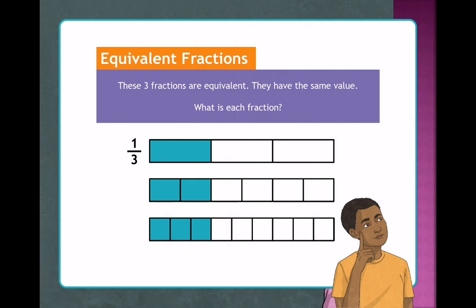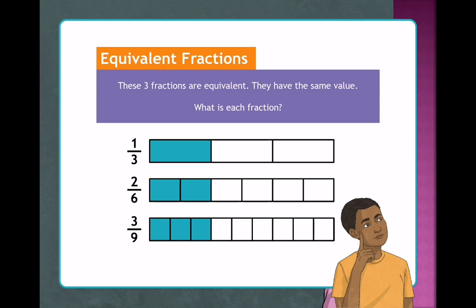So if we have 3 fractions and they are equivalent, they have the same value. For example, the first one is 1/3. So what should be the other fractions that are equal to 1/3? From the picture here you can see it should be 2/6 and 3/9. Let's check this. The first one will be 2/6 and